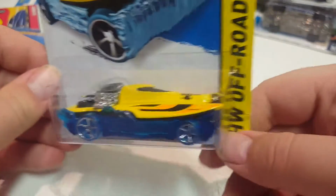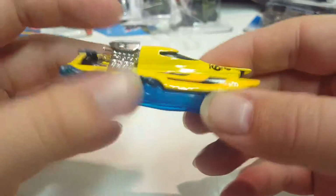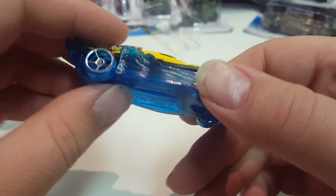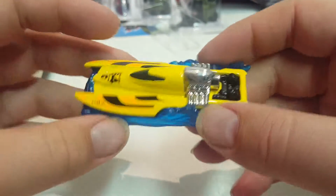Okay, we'll move on to the next one, which is the Mad Splash. I found mine at Target one day. Nowadays when I find these little treasure hunts, it's okay, but not as great as it was when I first started collecting. Yeah. I felt great when I would find a treasure hunt. Now, you know, you can find one real easily. I didn't find my first treasure hunt until like May of 2015. And then I started finding more and more as time went by. Pretty cool vehicle. Next one,